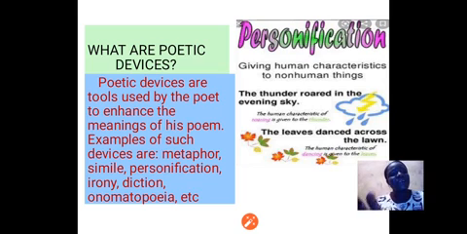But by the time they are being personified, in other words, by the time they are being given human qualities, they can do things that only human beings can do. It doesn't literally mean that they can do those things, but they have meanings. And remember, we are looking at personification as a poetic device. Let's look at the example here. It says, the leaves danced across the lawn.